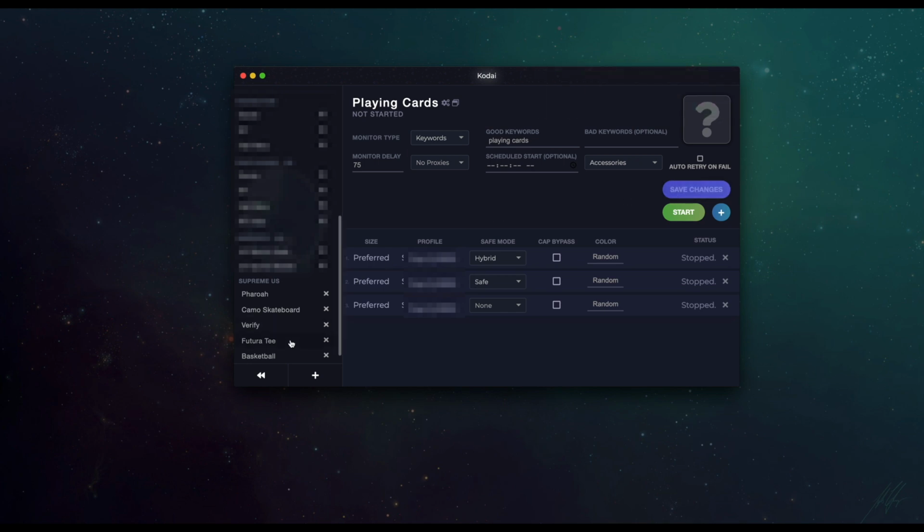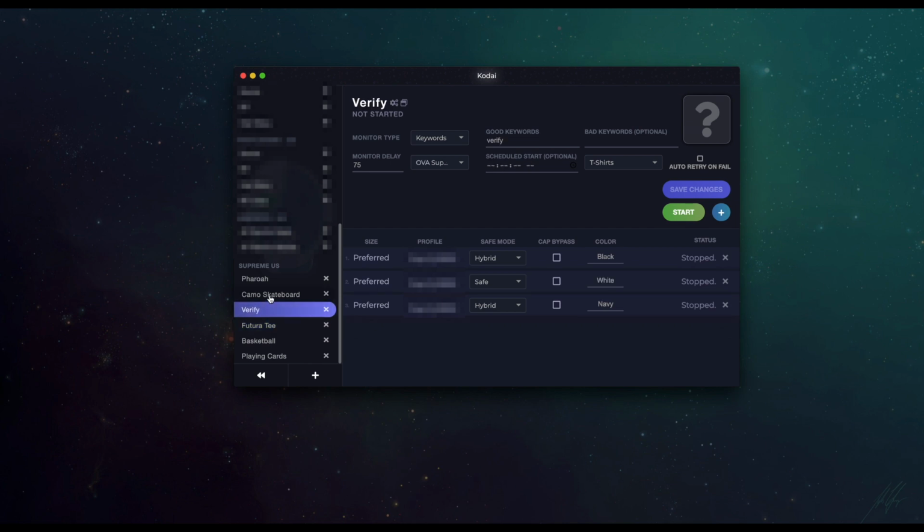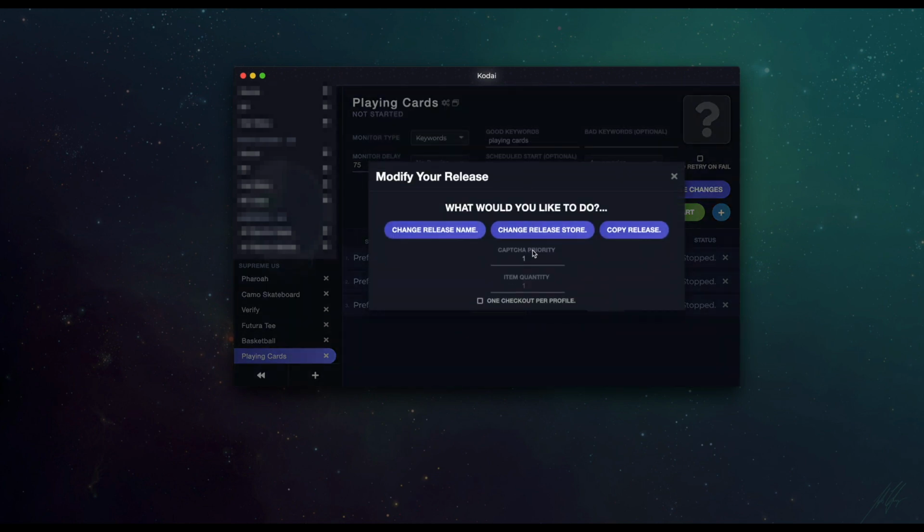There's not that many options, but even without that many options, Supreme on Kodai is able to cook. So tomorrow I'll be running my Pharaoh Sanders Tee, Camo Skateboard, Verified Tee, Futura Tee, Basketball, and playing cards. I'm going to quickly also just show you guys a few advanced options that Kodai has for Supreme, which is